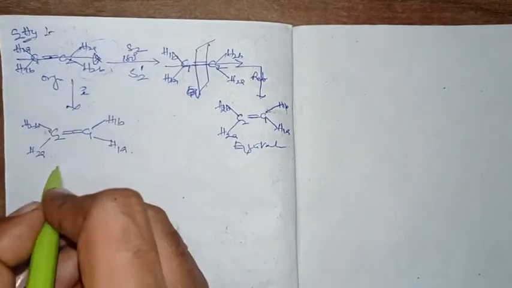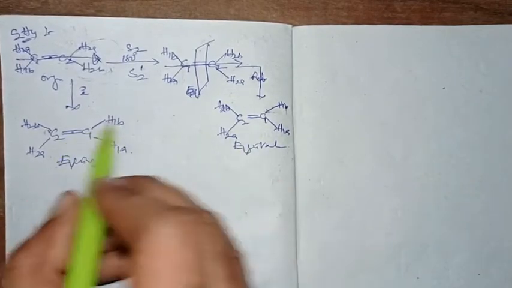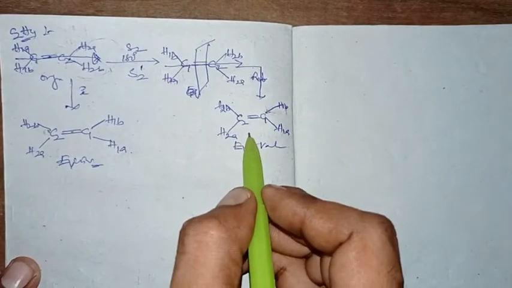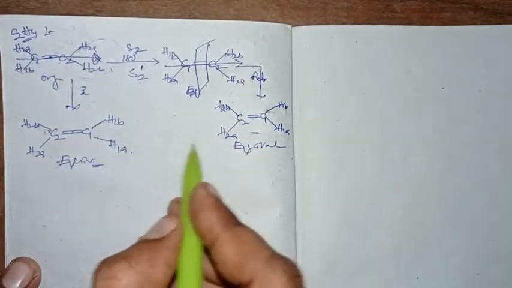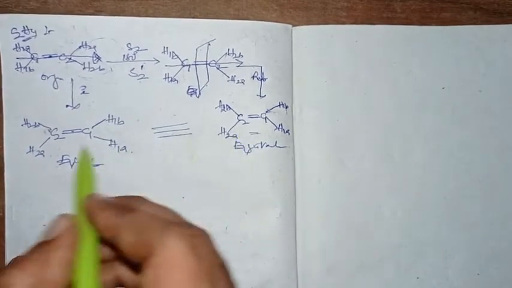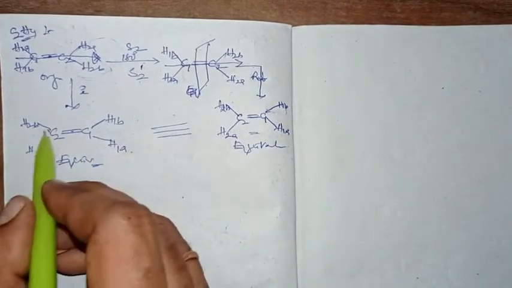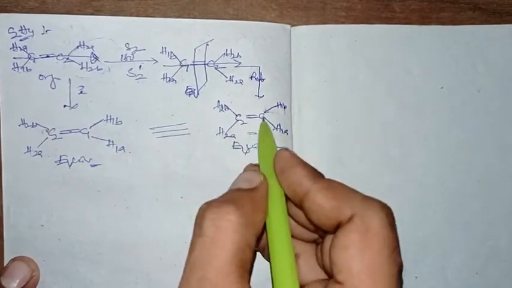So from here to here again it is an equivalent configuration, where these two equivalent configurations, when we compare in generation of S2 and in generation of inversion center, they are 100% equal. They are 100% equal, right? From the right side, from the left side: carbon 2, carbon 1, carbon 2, carbon 1.